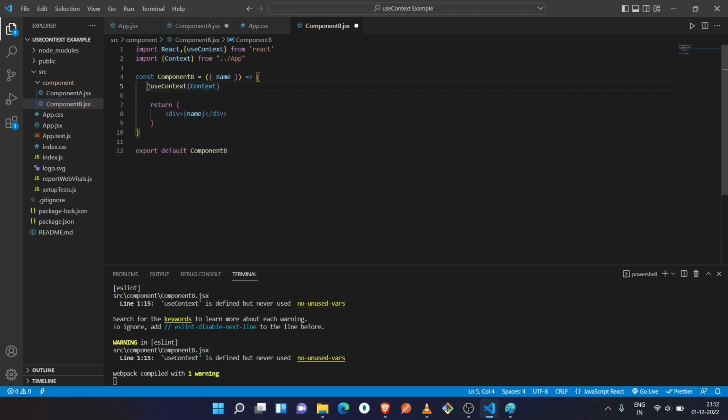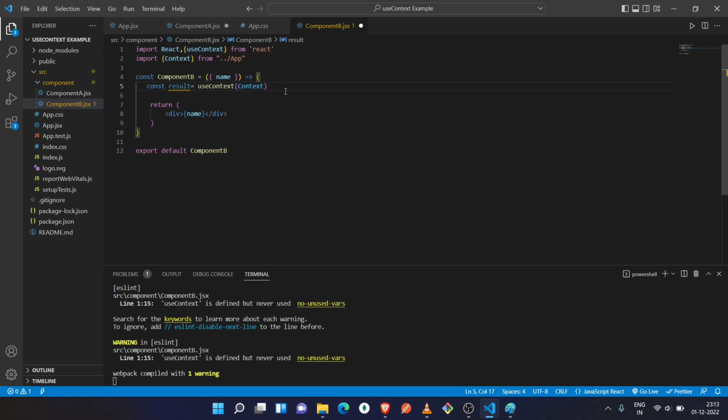So we just need to name it as const result equal to. Okay, so what we have done here is inside useContext we are just receiving the context,